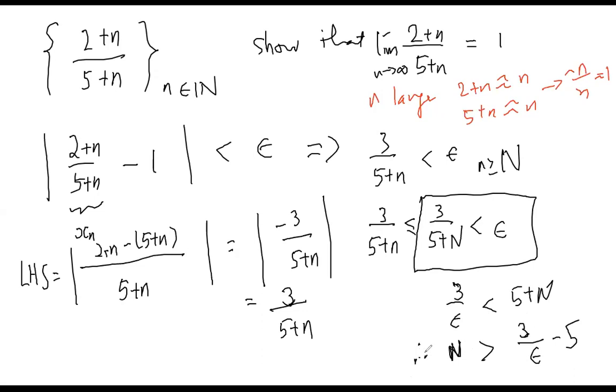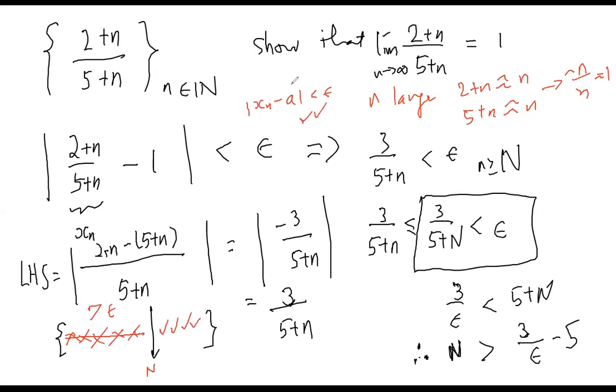The point is that you just need to find some cutoff in your sequence such that the numbers at the beginning do not fulfill this inequality, meaning their distance exceeds epsilon, so we don't want these guys. If you can find some cutoff such that these guys fulfill this,